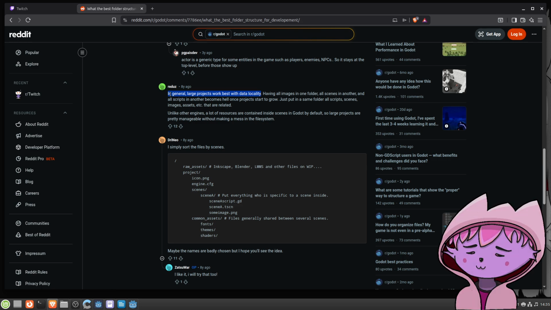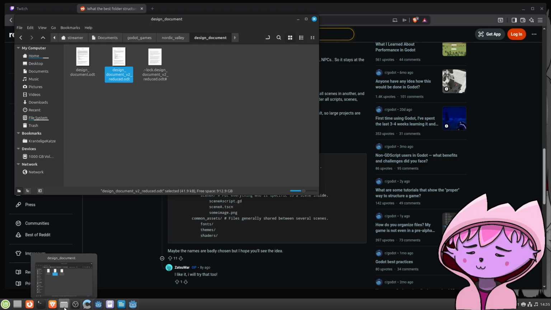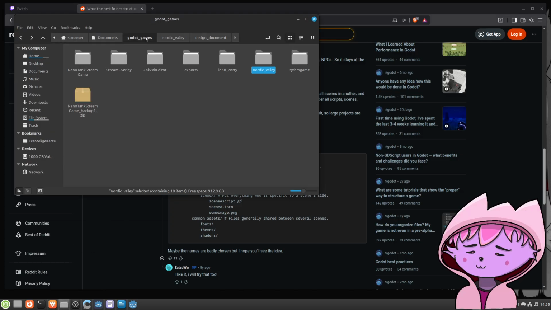So talking about the folder structure in Godot projects, I think this works: a large project works best with data locality. So instead of, let me show you a bad example.